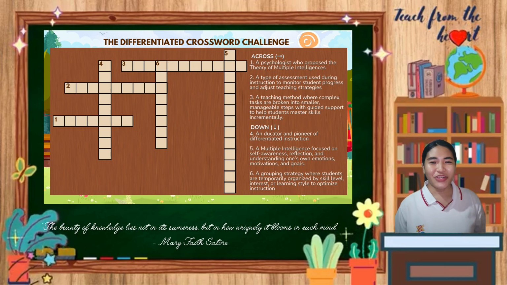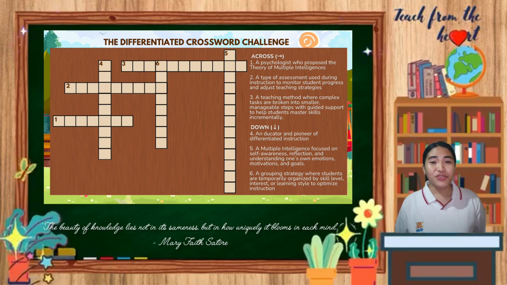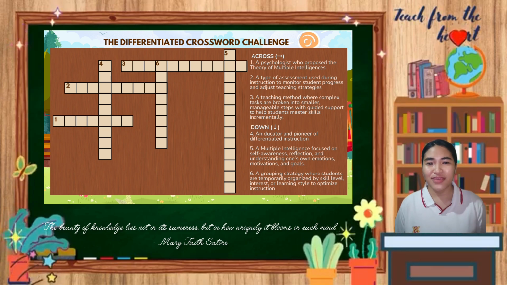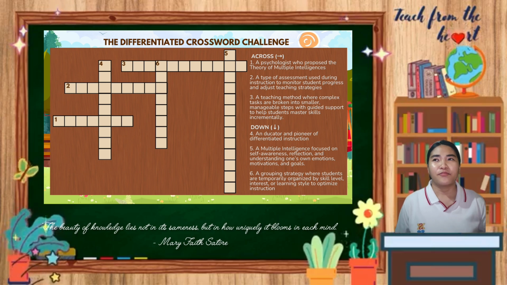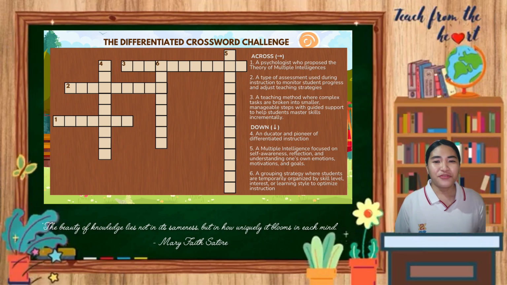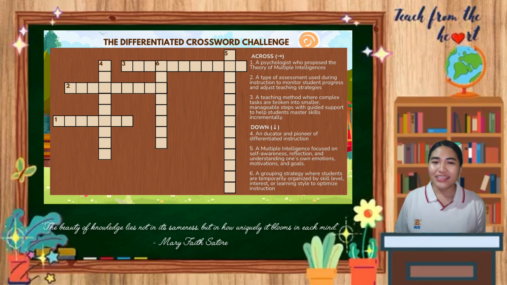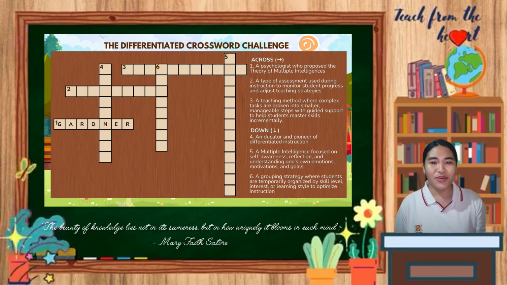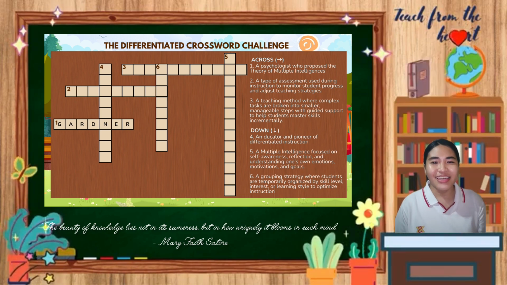So now, before our discussion proper, let's have an activity first entitled The Differentiated Crossword Challenge. So I have here hints. All you need to do is to identify what is being asked, and then let's put it in the crossword boxes. So now for the first one, a psychologist who proposed the theory of multiple intelligence. Yes, Gardner. For the second one, a type of assessment used during instruction to monitor student progress and adjust teaching